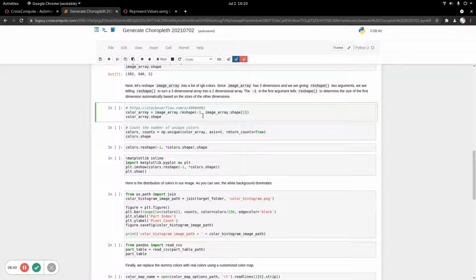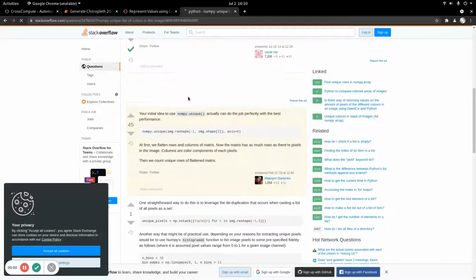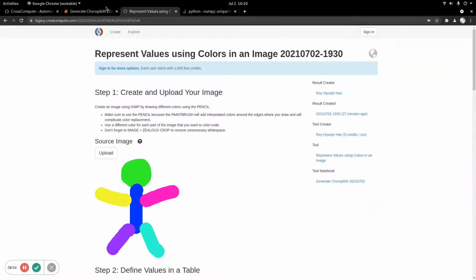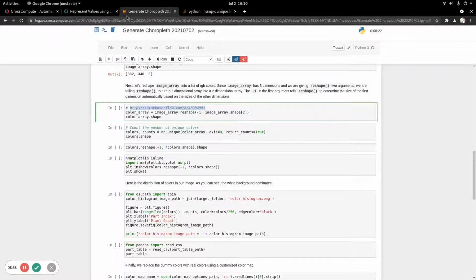So what we're going to do, we're using this Stack Overflow article on how to get the unique colors. So how did we get the color distribution of the image? We used, first we'll reshape our image. So -1 is a handy way to let the reshape function know that you want to have the reshape function figure out what the dimensions